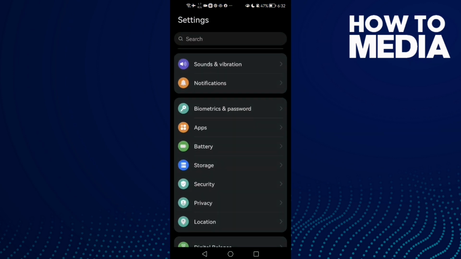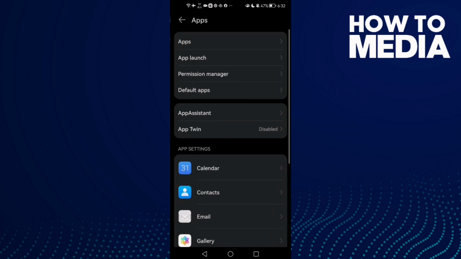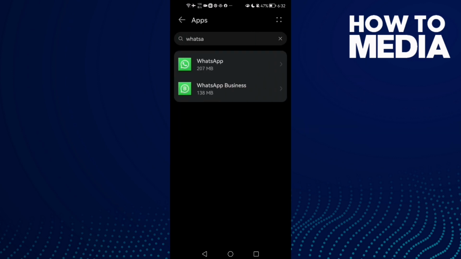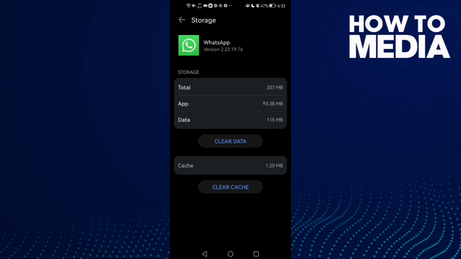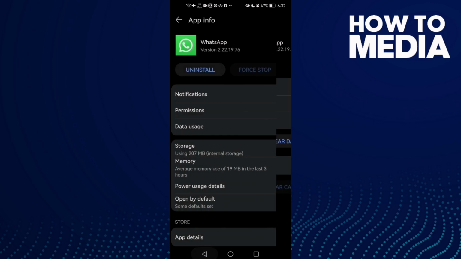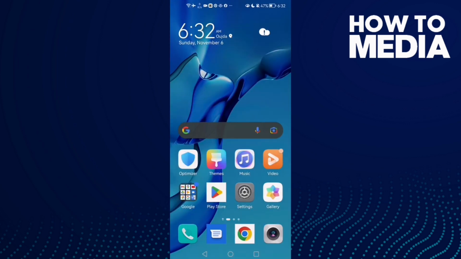First, go to settings and then scroll down until you find apps, and now click apps again, and here just click WhatsApp and go to storage, clear cache, and that's it. Now just go back and restart your phone and try again, and if that doesn't fix your problem,